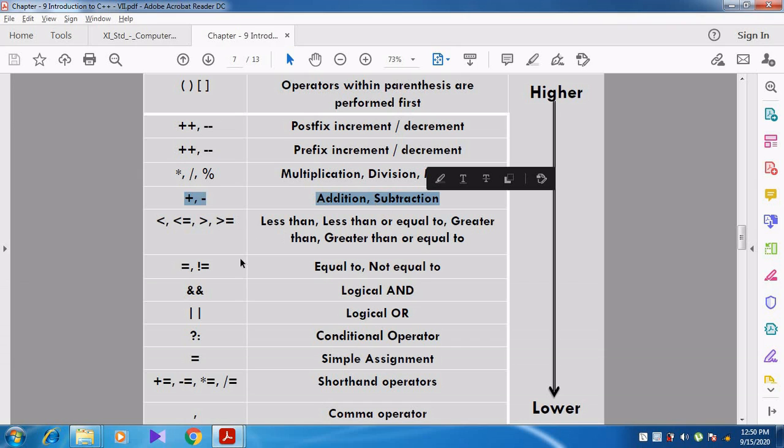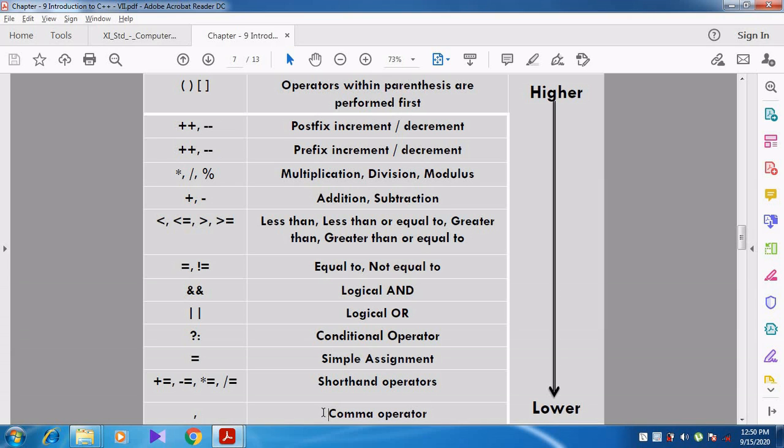Like that, they have given the operators: less than or equal to, greater than or equal to, then equal to, not equal to, then logical and, logical or, conditional operator, simple assignment operator, then shorthand assignment operators, then the comma operator. The operators with higher priority come first in the order of precedence.